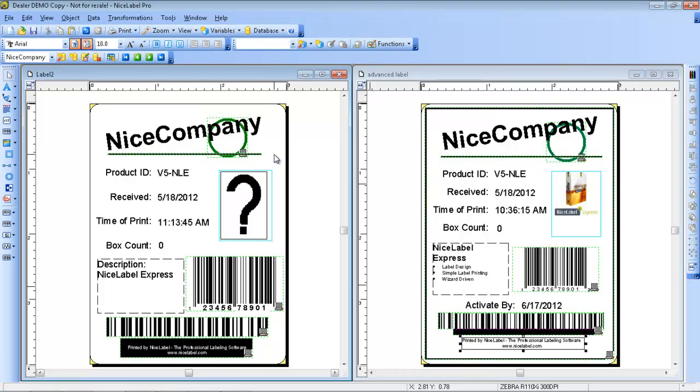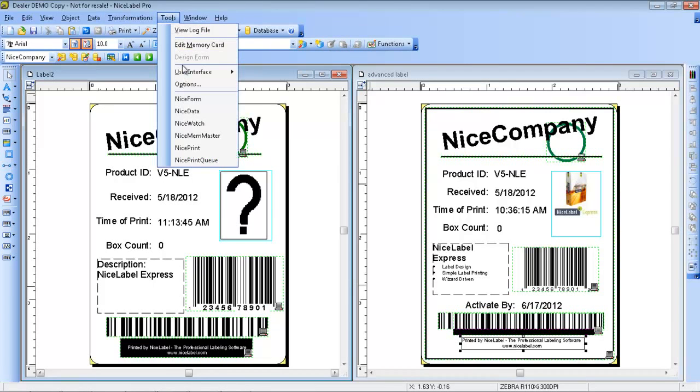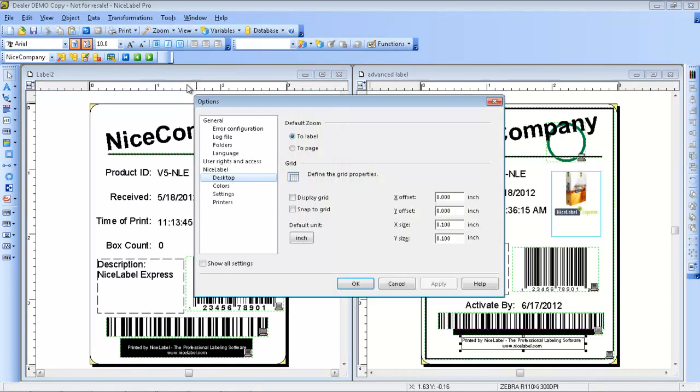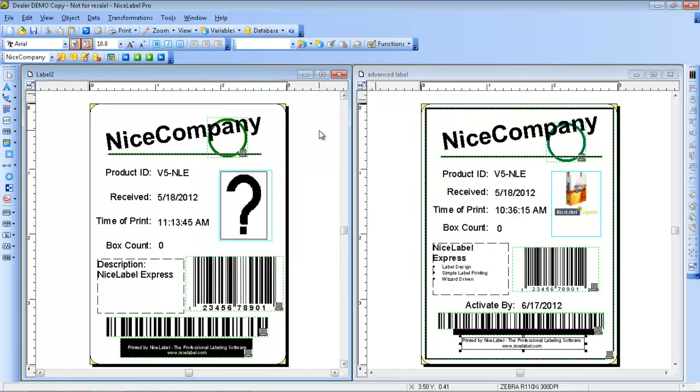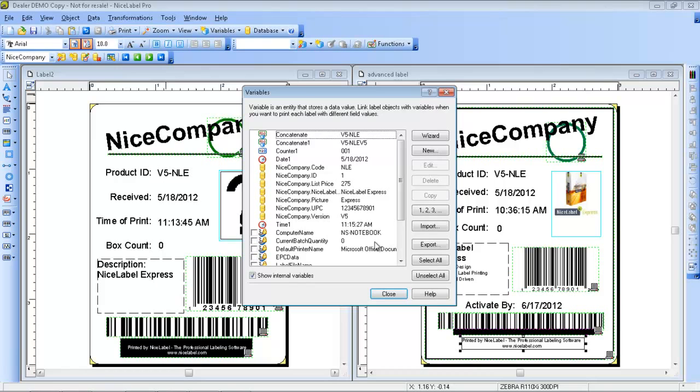So the first step, we want to go out, Tools, Options, and the folders. So we see here, it's pointed to the Advanced Label Design folder, /Nice Pictures. So that is correct. But now if I go up to my data menu, click on variables, I'm going to